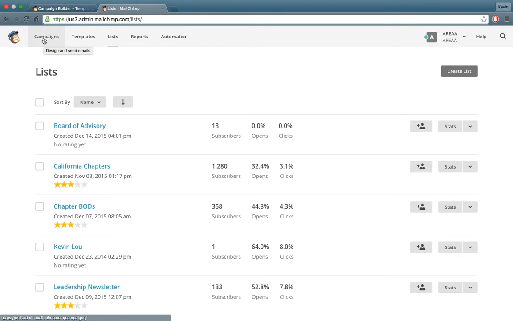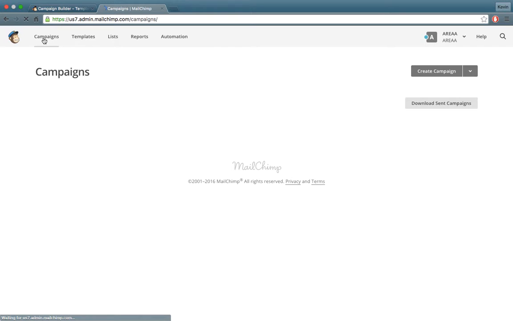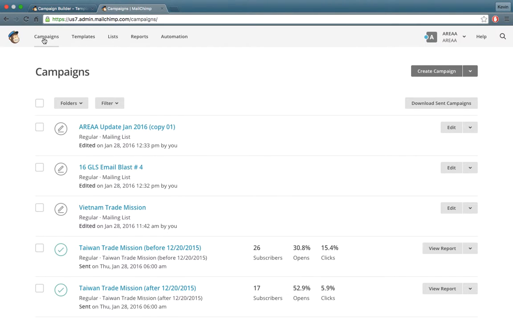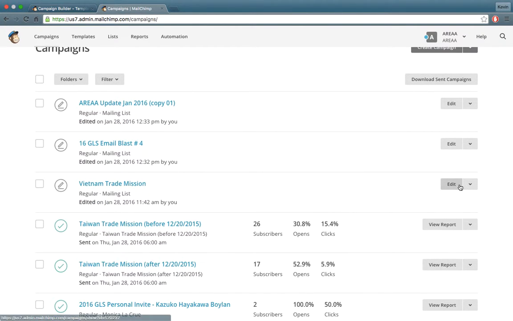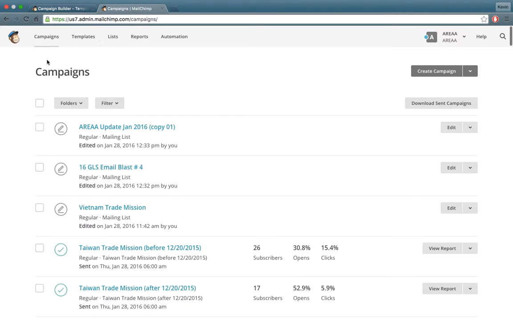Your next step is going to be creating a campaign. Campaign is the actual email content that you will be creating. On a side note, you do have the option to replicate email campaigns that you have already made. So just go ahead and drop down from this little down menu right here, and you can click replicate, and then you can replicate as many email campaigns as you want. So you would just go ahead and click create campaign,